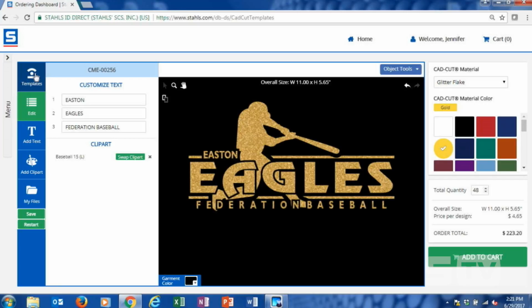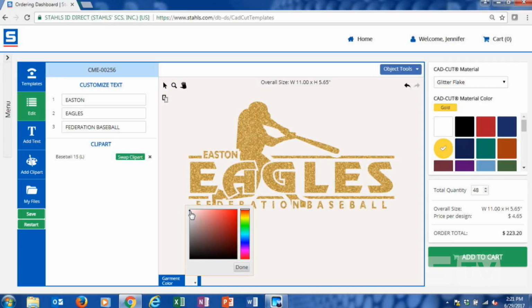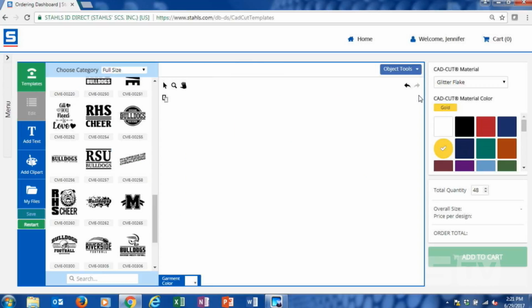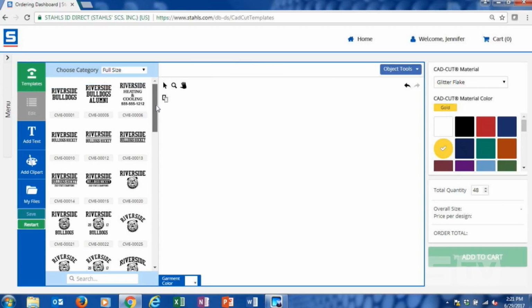And the last question is, will this approach allow for material combinations? So maybe if somebody wanted glitter flake and also fashion film. Okay, so let me show you that trick. When you start talking about multicolor designs, let me just pull up a different design to show you the concept here. Right now, the system allows you to design in single color. However, if we have a design, say,